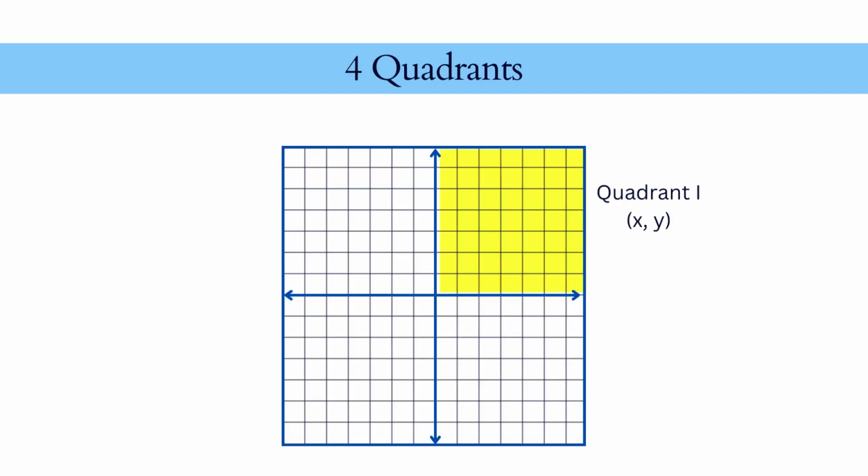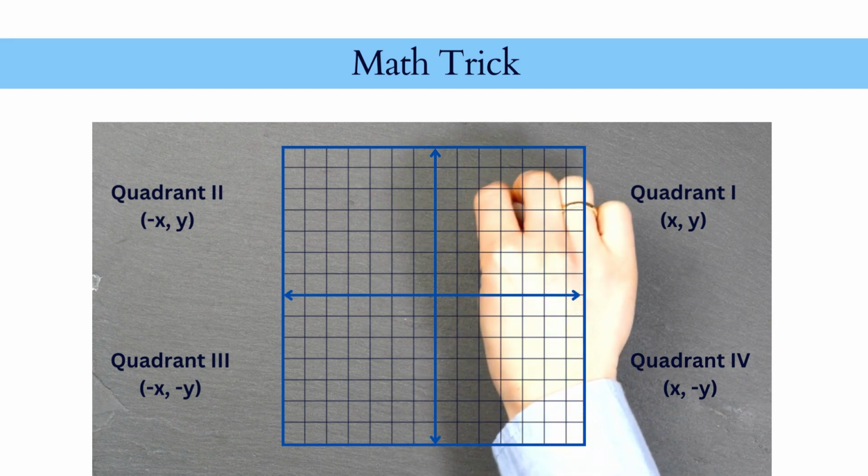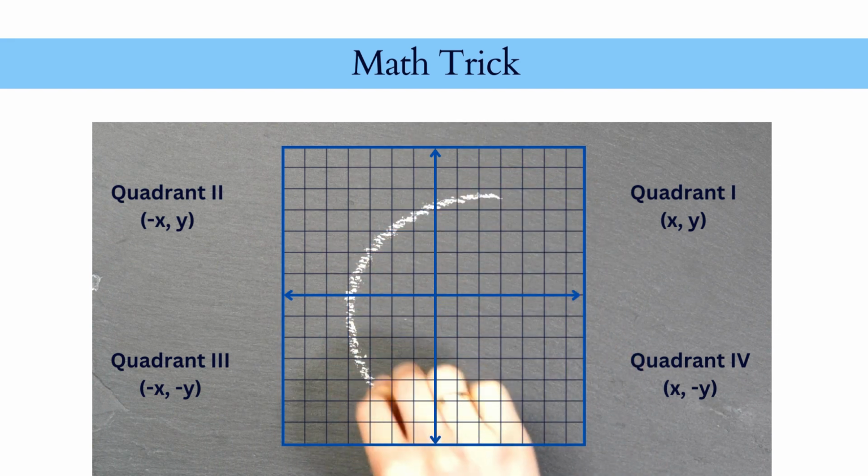Here's quadrant 1 that contains a positive x and y value. Quadrant 2 that has a negative x and positive y value. Quadrant 3 that has both a negative x and y value, followed by quadrant 4 that has a positive x and a negative y. A math trick that may help students remember the order of the quadrants is by drawing